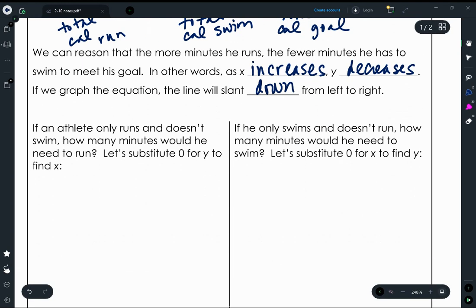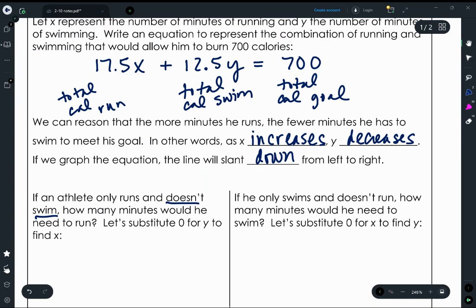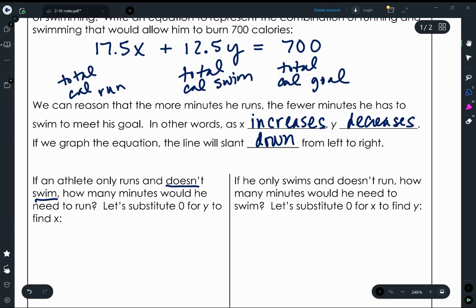If an athlete only runs and doesn't swim, how many minutes would he need to run? So let's think about this. If he doesn't swim, then that means we are going to substitute 0 for Y, and we're going to find X. So I need to see my equation again. It's kind of up here at the top. So let's go ahead and write that down so we have it right here above where our work's going to go,